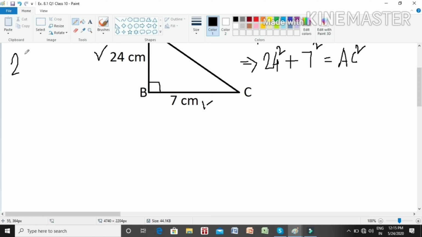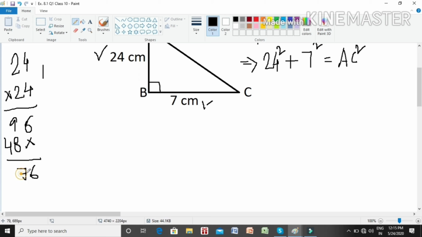So 24 square, that is 24 multiplied by 24. See, I am not skipping any step, I am just telling you exactly how you will do. So 4 into 4 goes 16, carry is 1, 4 into 2 is 8, plus 1 is 9, and again 2, 4 into 2 is 8, and this is 4. So this is 6, 9 and 8, that is 17, carry 1, that is 5. So 576, that is for 24 square. So we are writing 576 here,